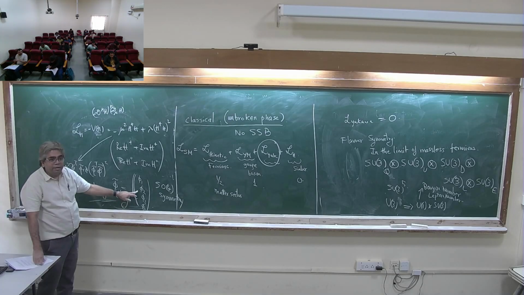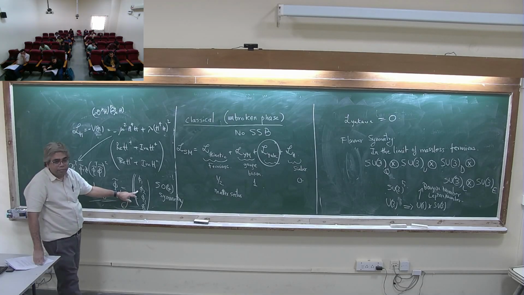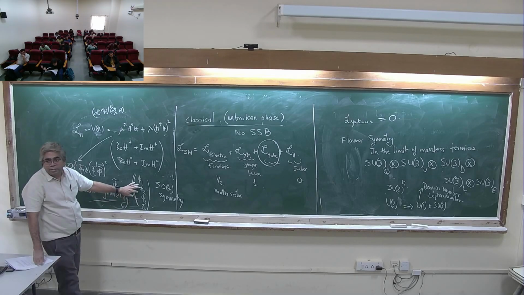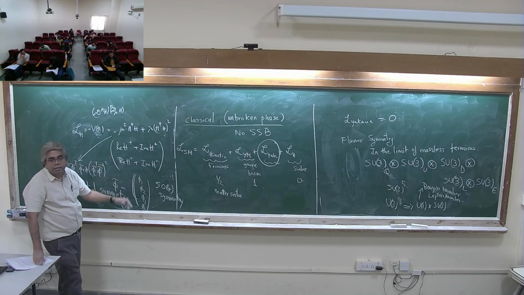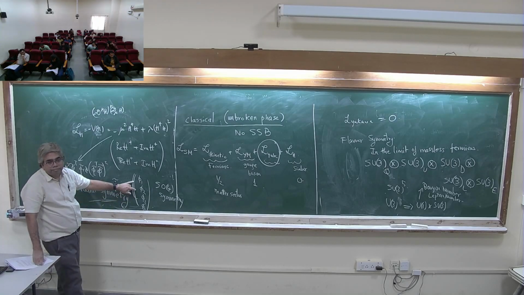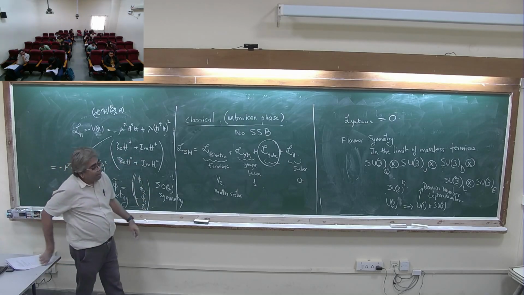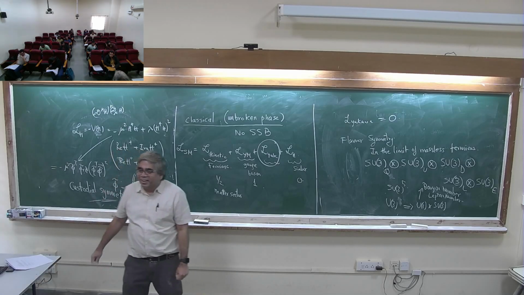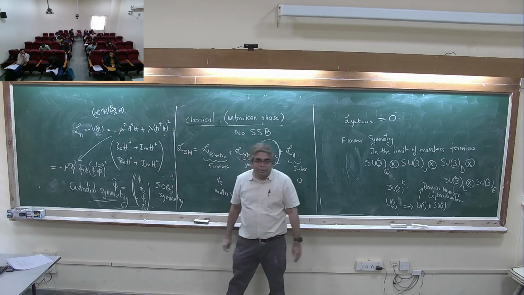Okay, it's not evident if you start with the broken phase. In the unbroken phase, you can see that three of them will end up being the Goldstone bosons, eaten by gauge fields. So all the radiative corrections, especially to the masses and the widths of the gauge bosons, are related to this symmetry. Okay, so these are hidden symmetries as far as I can tell, of the standard model.